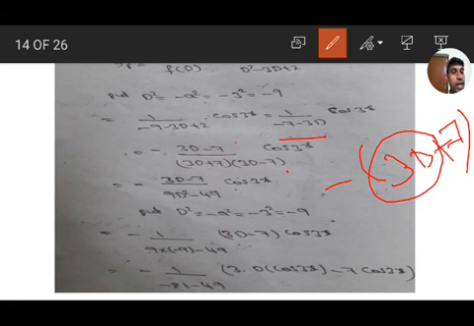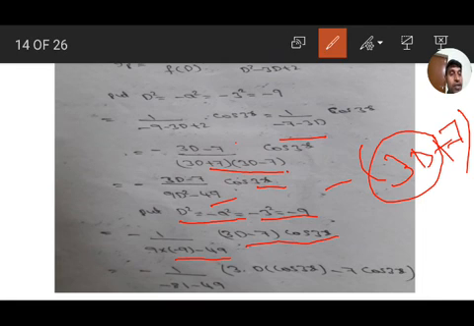3d minus 7, 3d plus 7 into 3d minus 7, minus is the outside. So 3d minus 7 is as it is. Denominator a plus b into a minus b, so a square minus b square. 3d square means 9d square minus 7 square means 49, cos 3x. Again substitute d square equal to minus a square, that is d square is minus 9. If you substitute minus 9, 9 into minus 9 minus 49, 3d minus 7 into